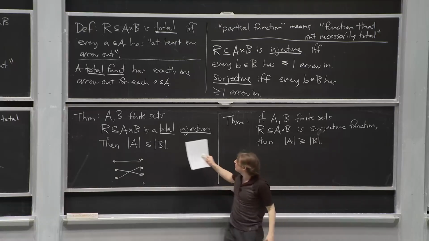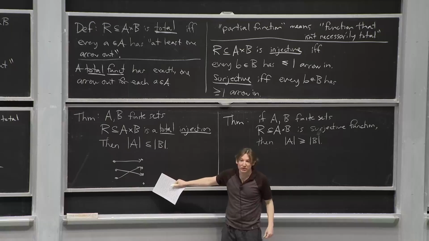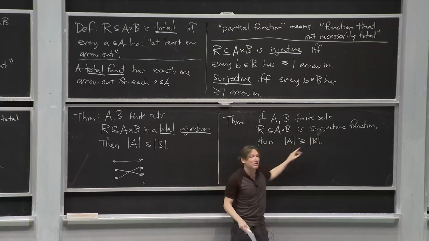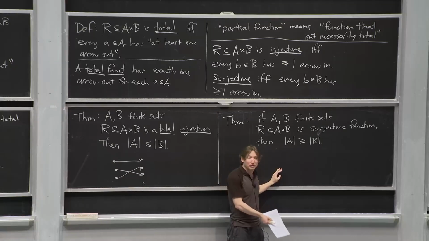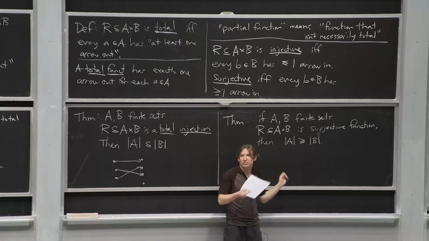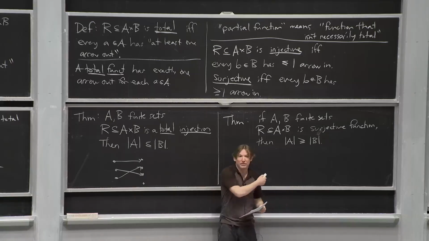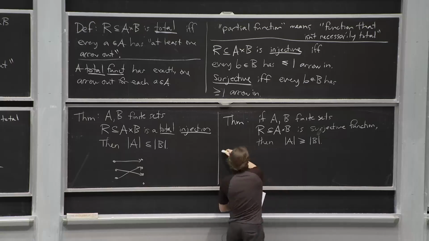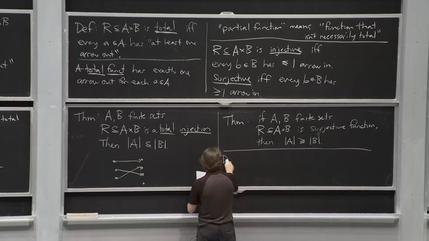And instead of injection, which means everything on the right has at most one out, at most one in, we have function, which says everything on the left has at most one arrow out. So we've just swapped the roles of in and out. That's really all that happened to translate this theorem to that theorem. All right? And by our powers combined, definition,